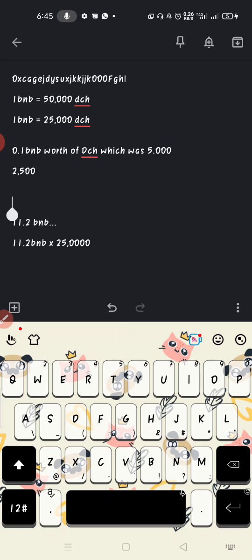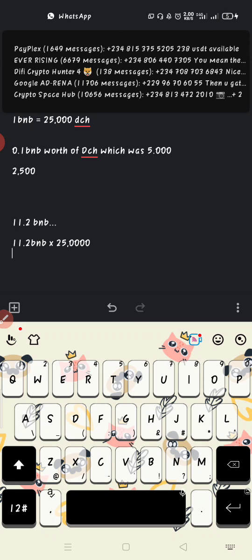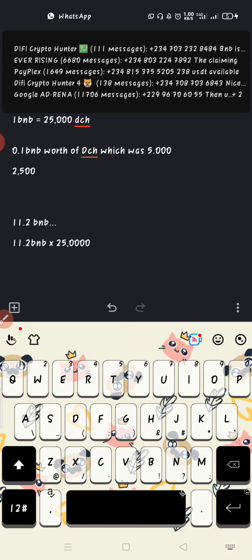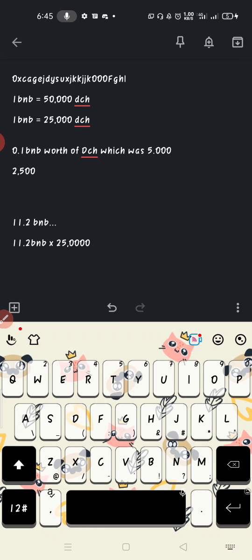It means my 200,000. All right. It depends now. Which price do I want to list this thing? Now, fine. If I say 1 BNB is equal to 25,000. All right. So it means for me to list